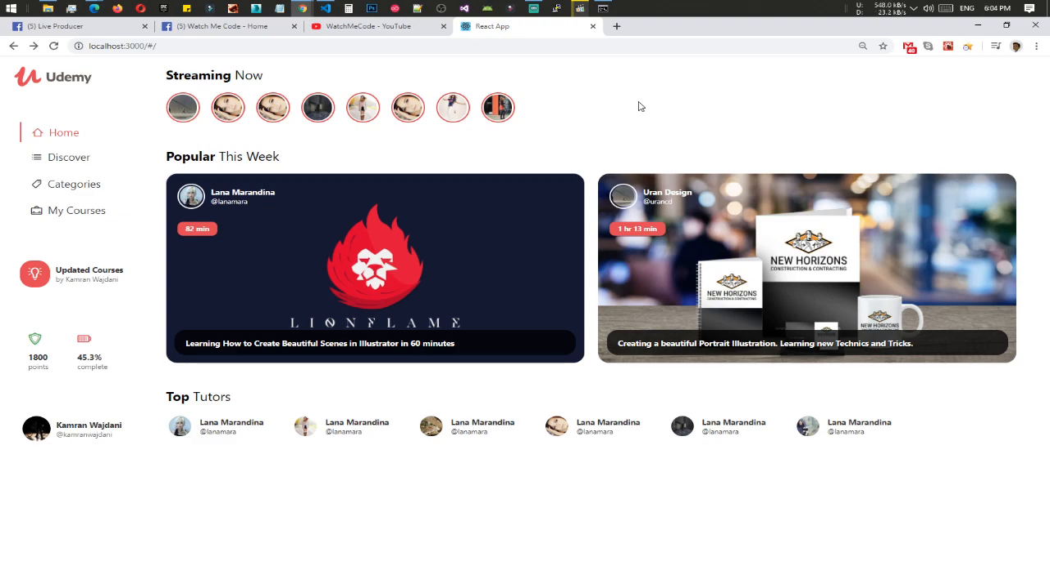That is, if we can quickly add a login screen, and I would like to integrate Firebase for now. We will be using the Firebase authentication system. And one more thing I forgot to add